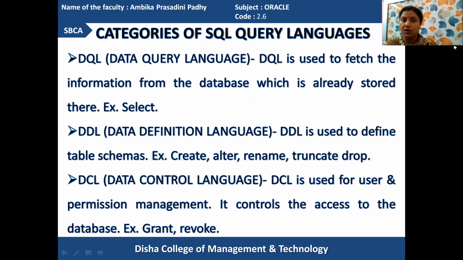Got it? DQL, data query language, is there to fetch the information from the database. Those are already stored in the database. Previously the data was stored and we want to retrieve it, then we can use the data query language. And that execution can be done with a command called select. Select star from table name. It is one of the examples of the query lines that you are going to write.